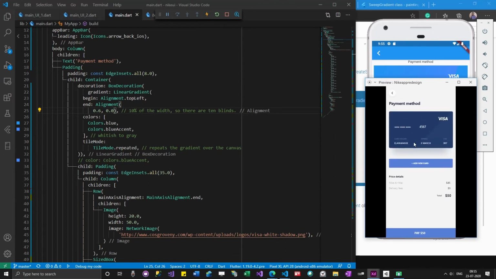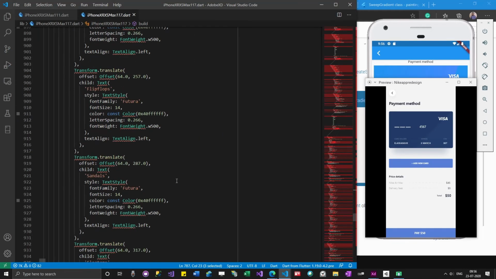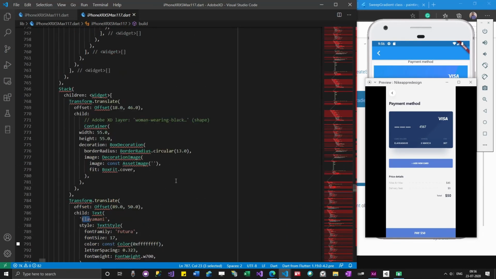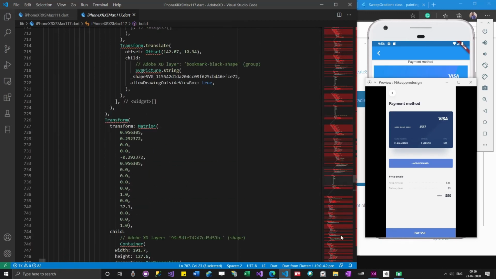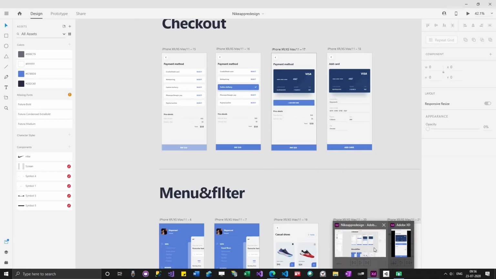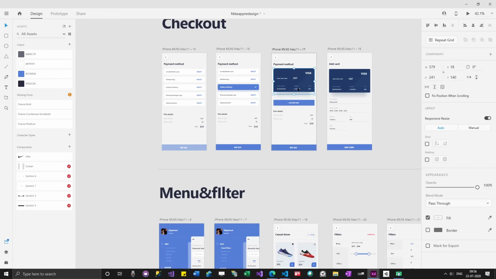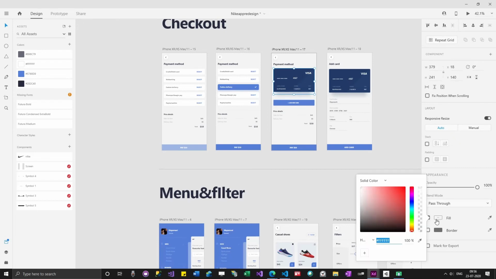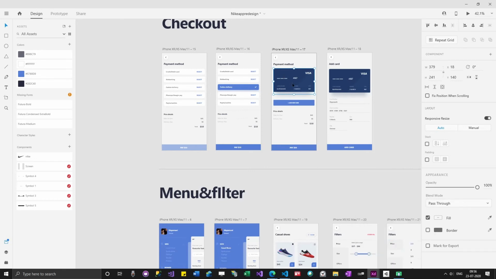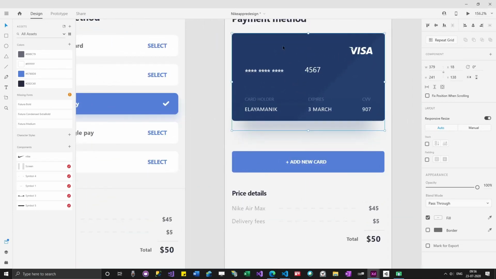Actually, you can pick up this color from Adobe XD. But since we are browsing through this code, we felt it was slightly difficult, right? The other way is you can go here, select this and try to get a color from here. But this doesn't make any sense. The colors look very different. I think I have to select this card, the internal card. Let's see if I am able to select.